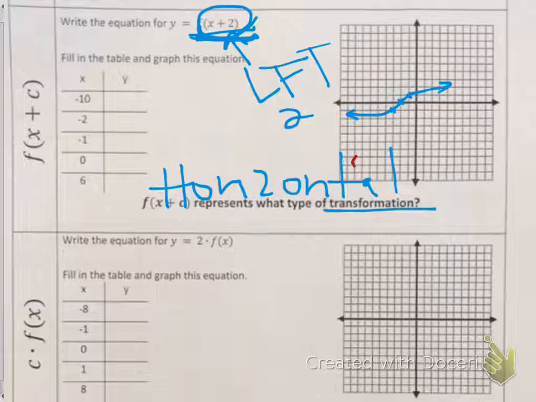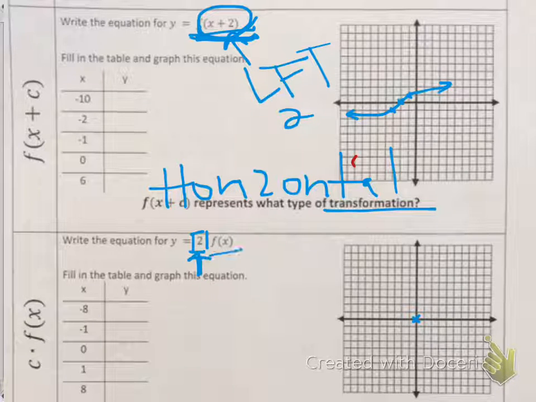Okay, this last one right here asked me to take my y values and multiply them by 2. So we didn't actually move left or right or up or down, which means we're going to start at 0, 0. So we're starting right here. Then we're going to follow our pattern. Our pattern normally is up 1 over 1 and down 1 over 1, but I was asked to multiply my